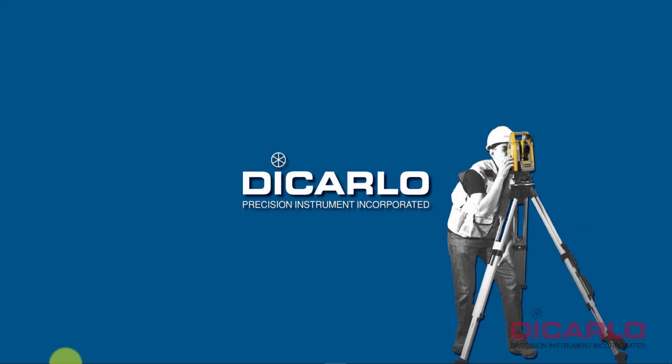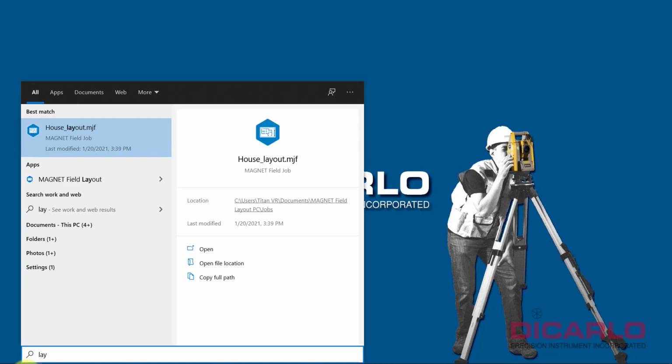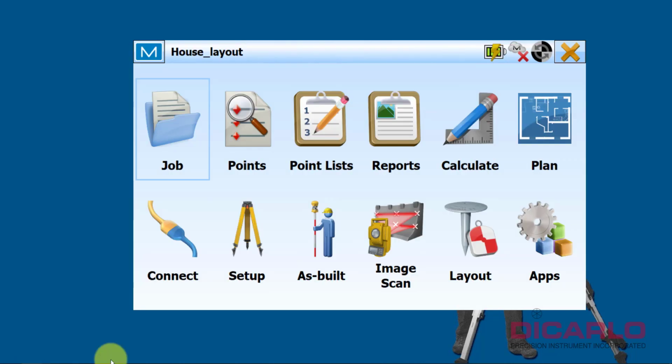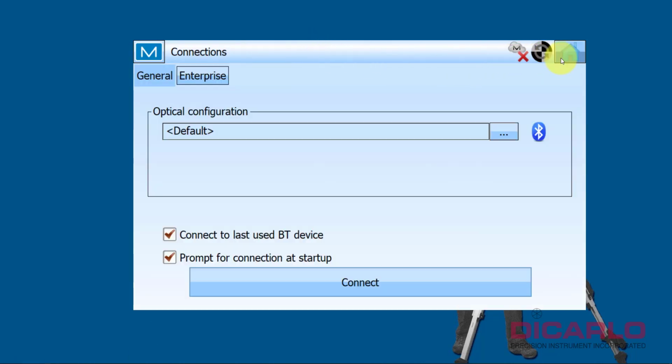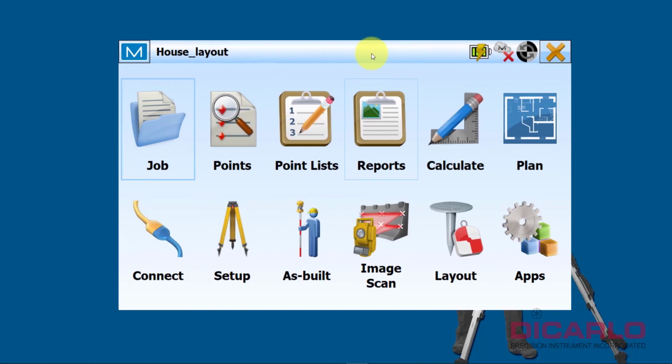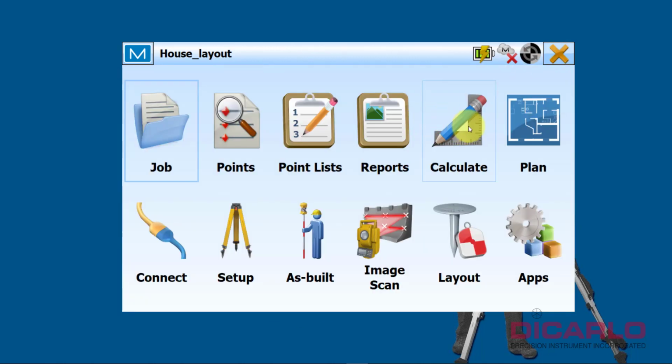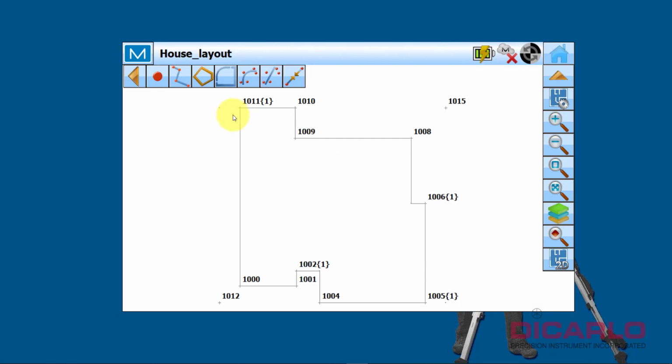Okay guys, in this video I'll show you how to quickly fix a problem that you might have encountered when you're inputting your actual plan and you read the dimensions wrong, and rather than having to redo the whole thing, how you actually fix one. So I have a plan that already exists in my drawing, in my job, but I realized that upon close